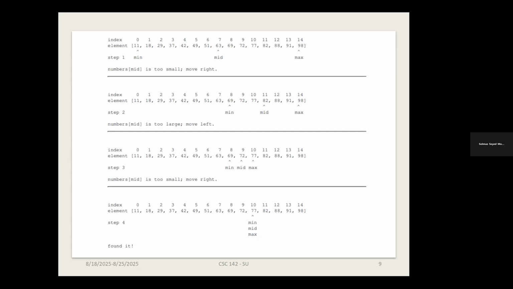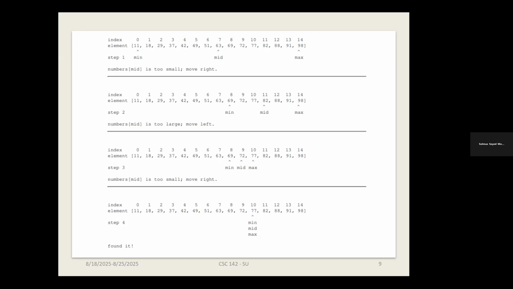That's very important. Index 0 is the minimum. The maximum in this specific example is 14. And the middle of the indexes is 7, because the middle between index 14 and 0 is 7. So for binary search, we have three indexes: minimum, middle, and max.